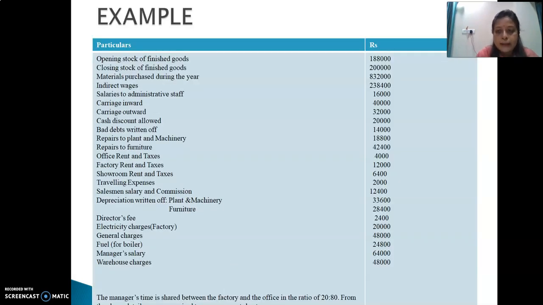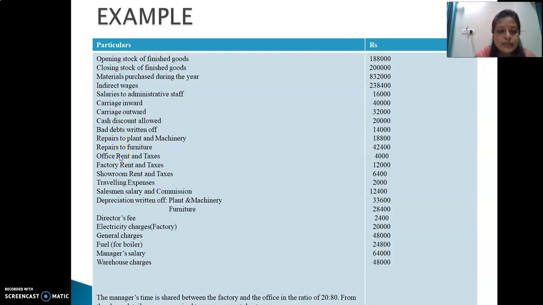This is one example of a cost sheet. We'll read out the question. Opening stock of finished goods, closing stock of finished goods, material purchased during the year, indirect wages, salary to administrative staff, carriage inward, carriage outward, cash discount allowed, bad debts written off, repairs to plant and machinery, repairs to furniture,